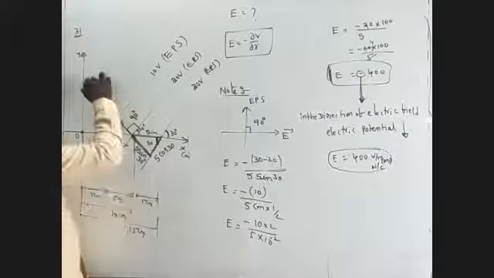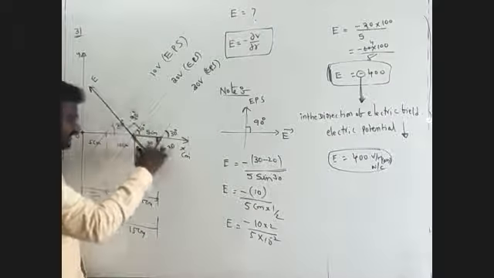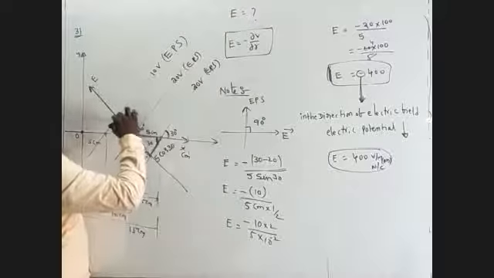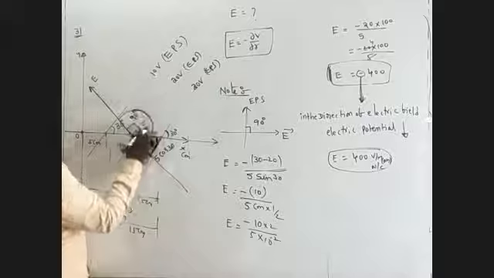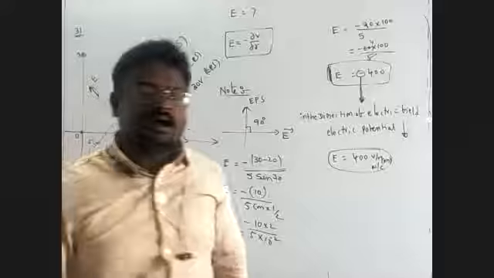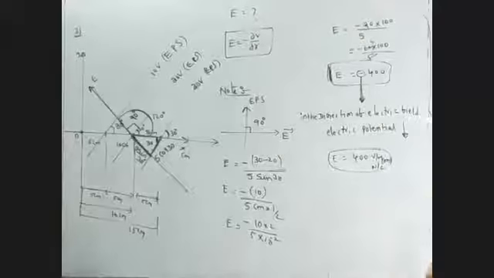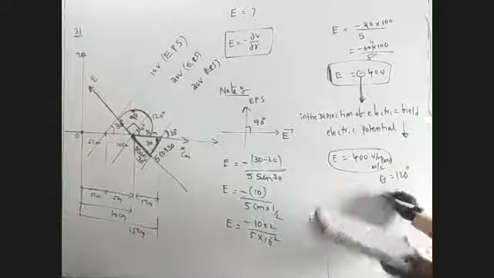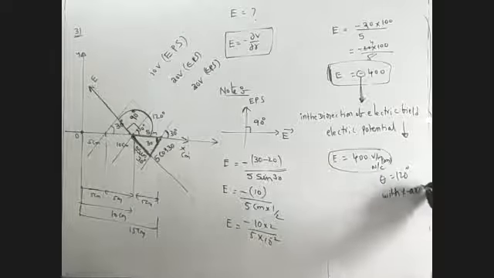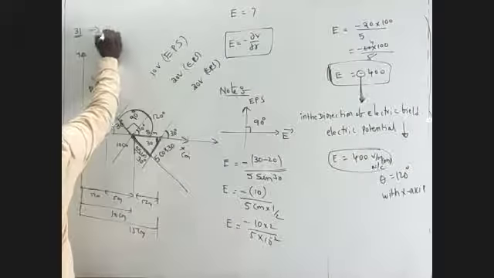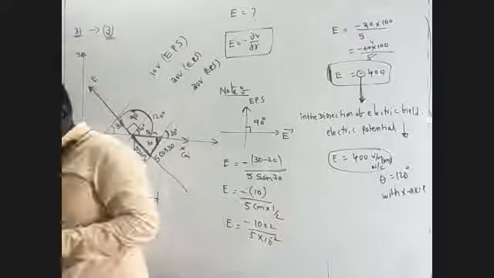So what is the angle here? This line is the electric field line. This is the x-axis. What is the angle from here to here? This is 90 plus 30, which is 120 degrees. The angle is 120 degrees with the x-axis. Theta is equal to 120 degrees with the x-axis. So option number 3. Question number 31, the answer is 3. That is your answer.